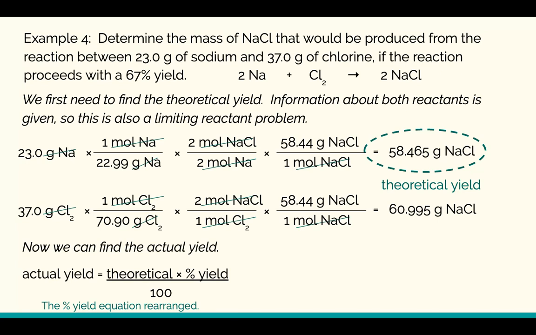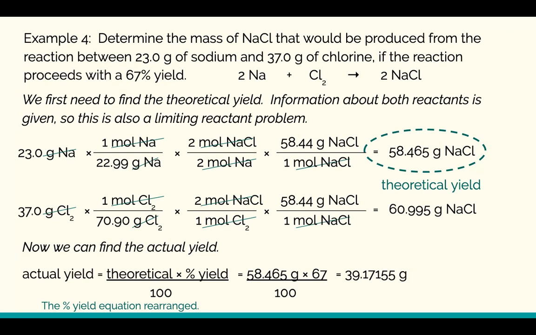So it's normally actual over theoretical times 100. So we've just moved over the theoretical and the 100. So we can find the actual yield by multiplying the theoretical yield by the percent divided by 100. So we can take our theoretical yield from our calculation times 67 over 100, and we find that if there was a 67% yield, there would be